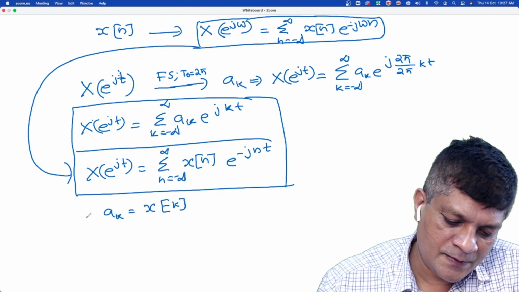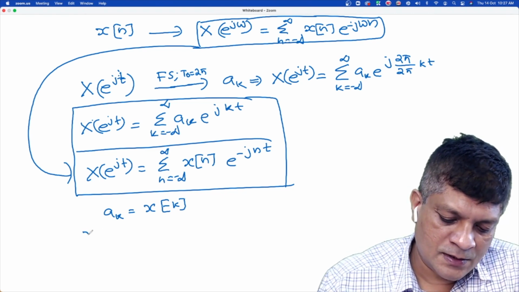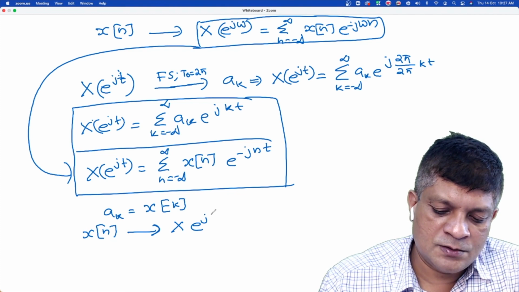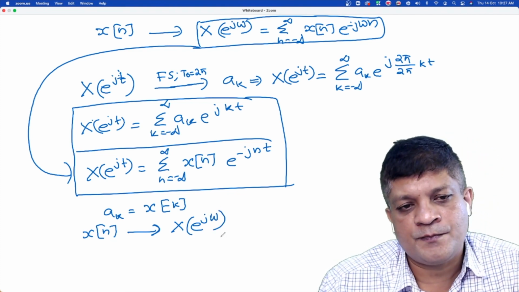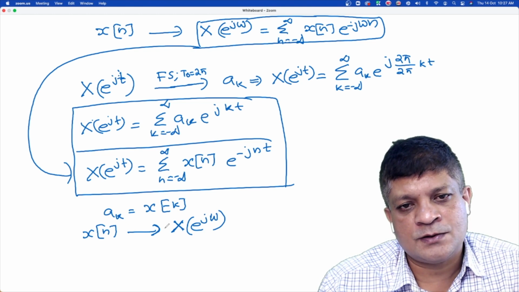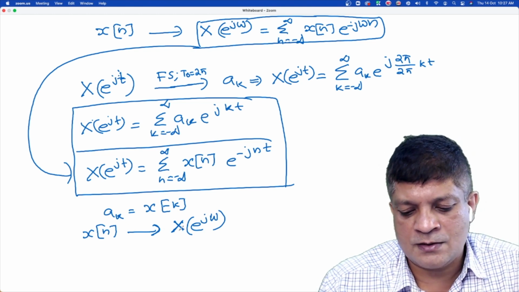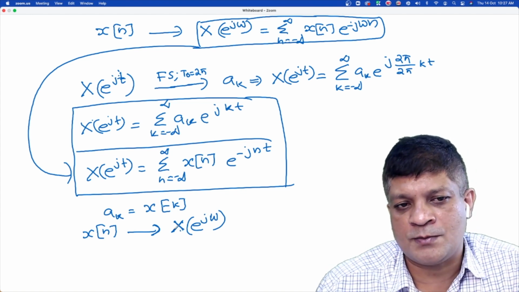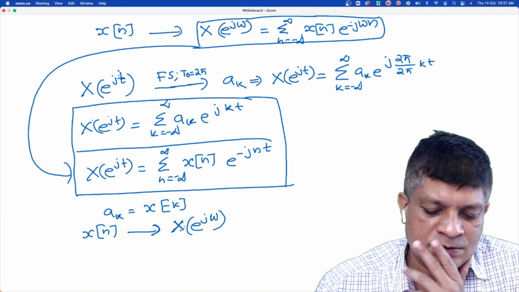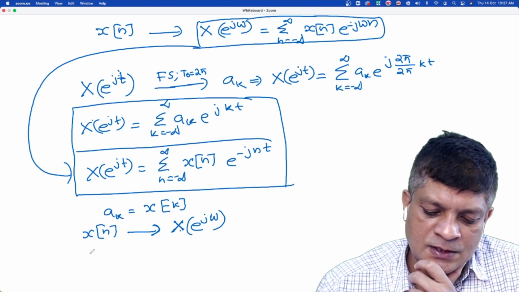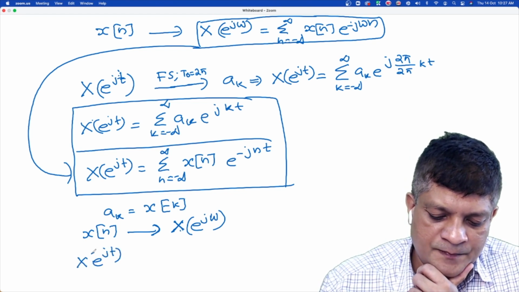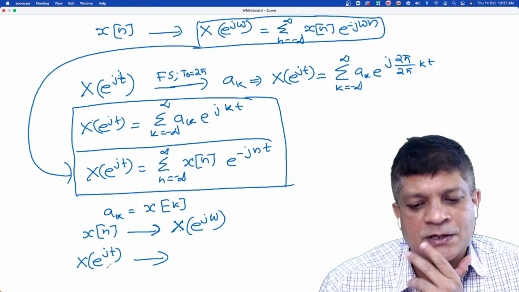That is the duality property. So let me write the duality property here. If we consider a discrete time signal x[n], and let's say X(e^{jω}) is its Fourier transform. When I explained the duality property of continuous time systems, I told you not to think that this capital X is something associated with the Fourier domain. It is a mapping from one function to another function, so think of it as two functions. So now if we have this function in the time domain, that means a signal having this shape in the time domain, X(e^{jt}),